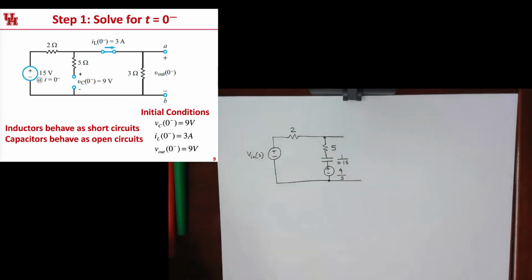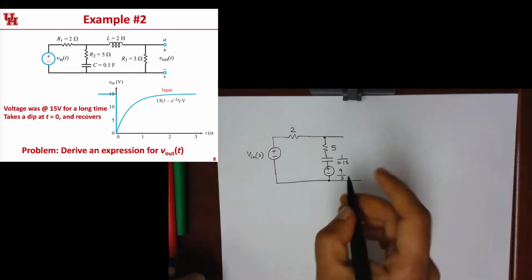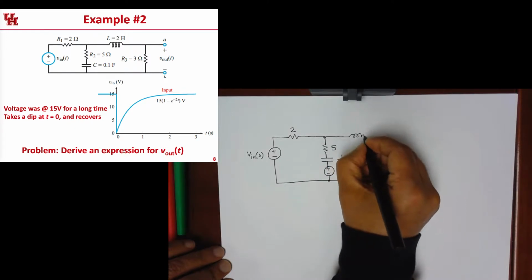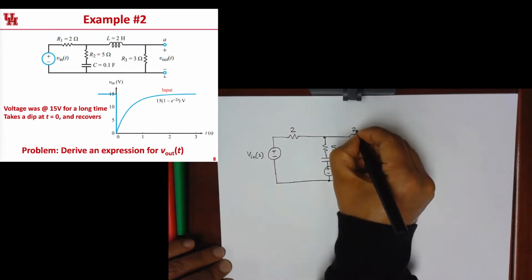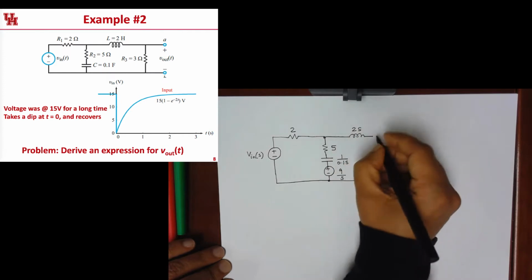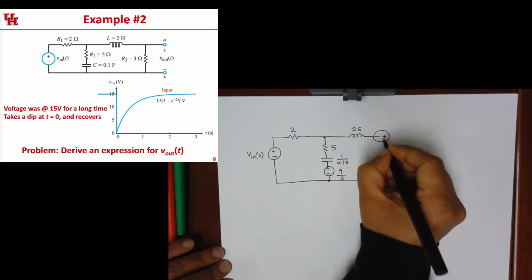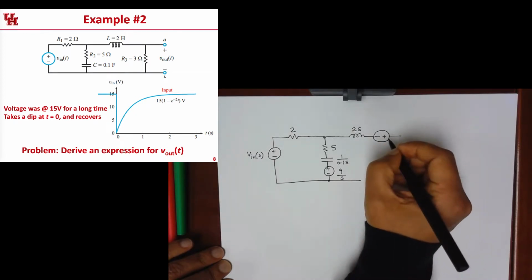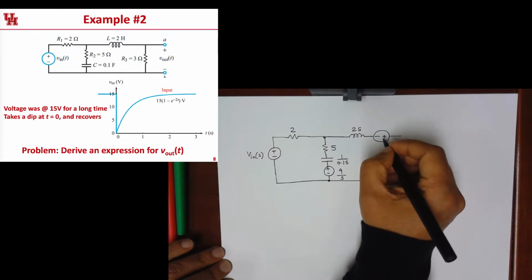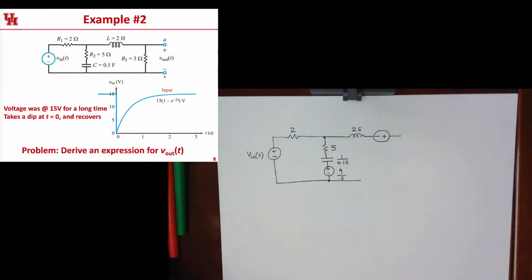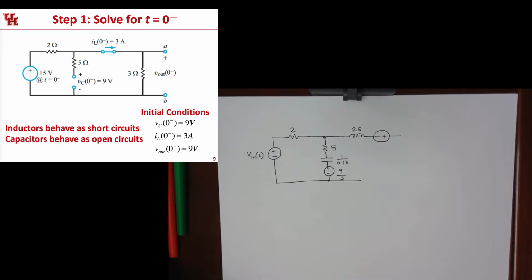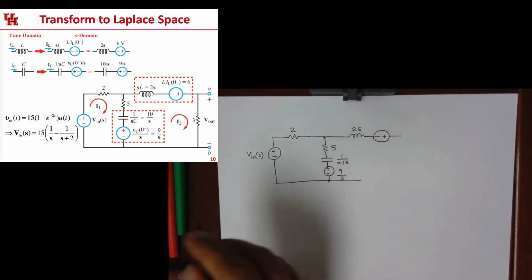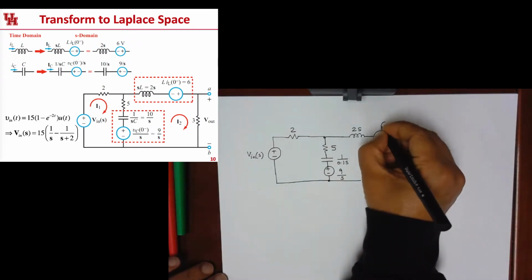And then the next thing we're going to do is go back and look at this inductor, which was 2 Henry. So this is going to become 2S. It's SL, so this is going to become that. And then we're going to put a voltage source, which is wired backwards. So we're going to have a minus sign here and a plus sign here. That's going to be L times the initial current. The initial current was 3 amps, as we just found, and the inductor is 2, so this initial voltage is going to be 6